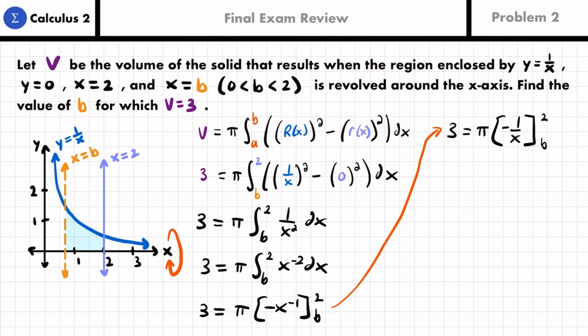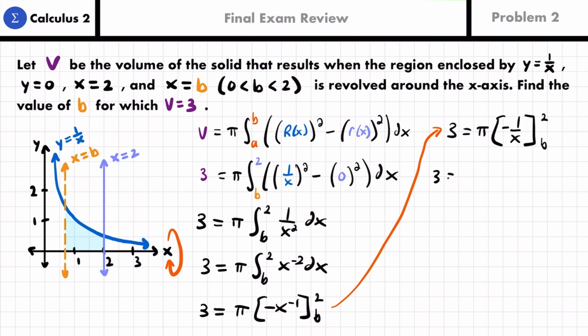If it could be 0, then this would be a problem because the integrand 1 divided by x squared is not defined at x equals 0. But as we know, b is between 0 and 2, so we're not in any danger there. We don't have to introduce a limit or anything like that. Okay, so we are fine to evaluate like this, but then plugging 2 into this expression and plugging in b,